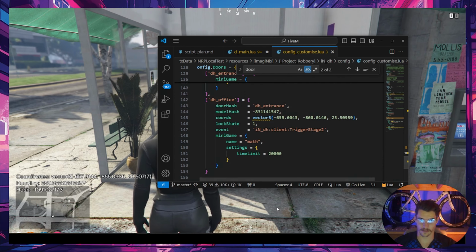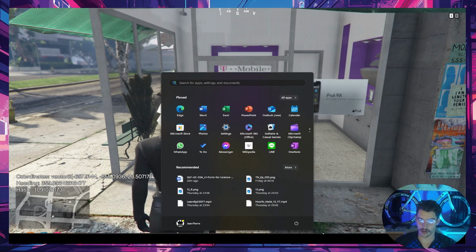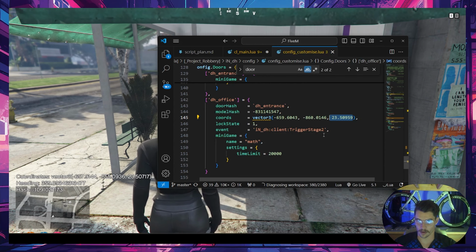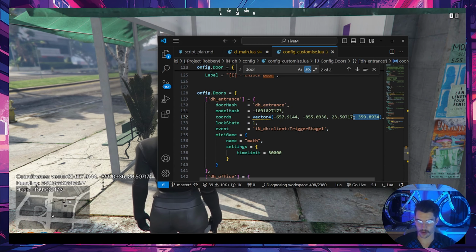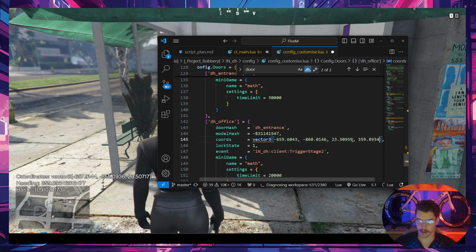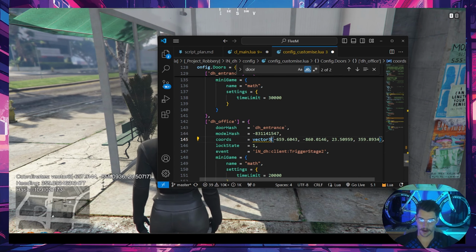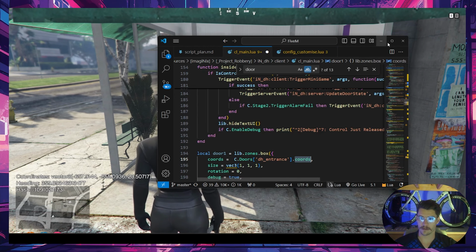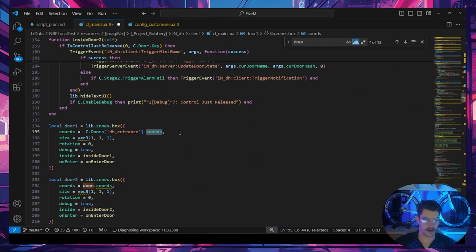That should be perfectly fine. And we'll duplicate the heading for our office door, because they are supposed to be parallel. And then wherever we use coordinates, let us make sure that